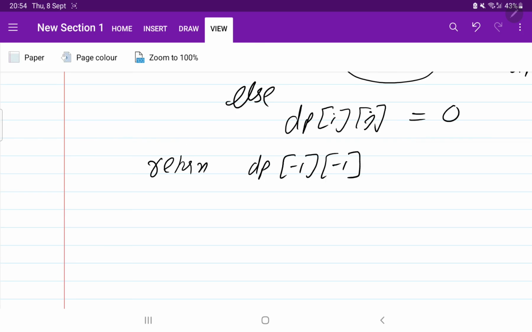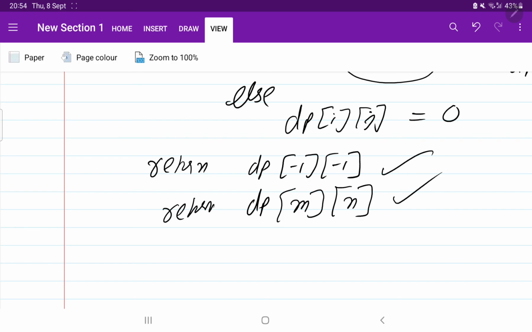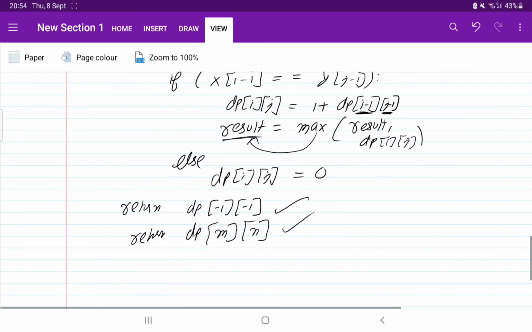Minus 1 says that we should approach the matrix from the last. So minus 1 will be the last element, or you can return dp of m comma n if you are using some other language, but in Python both are right. You can use any. So I hope you got the difference.